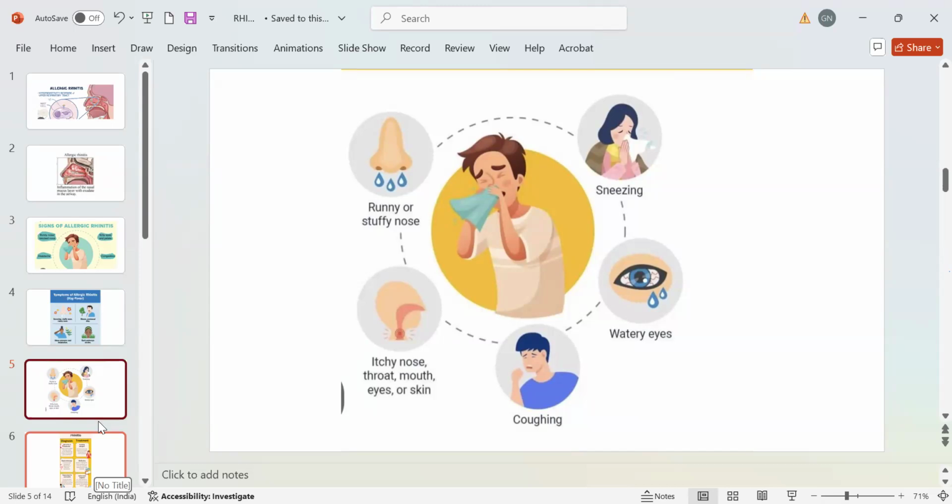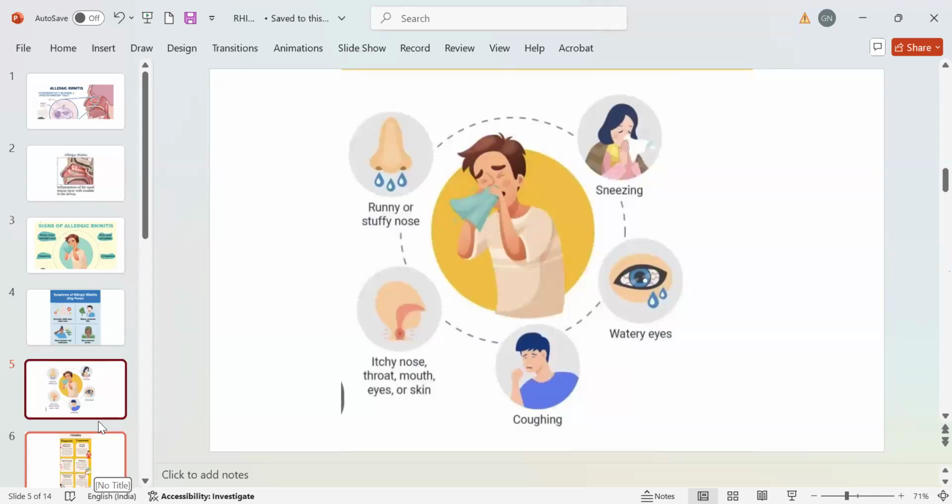Allergic rhinitis occurs when the body's immune system reacts to the irritant in the air. So the irritant, I told you all the factors. Those are the irritants. When the person inhales that air through the nose or mouth, that triggers that allergic cascade, and all the symptoms appear. These allergens are harmless to most of the people, but